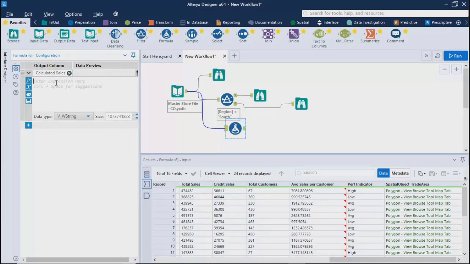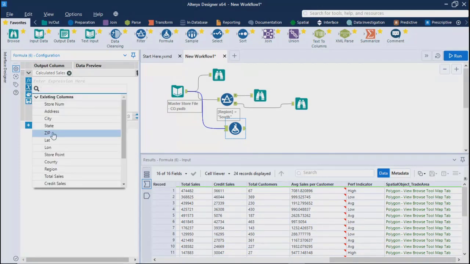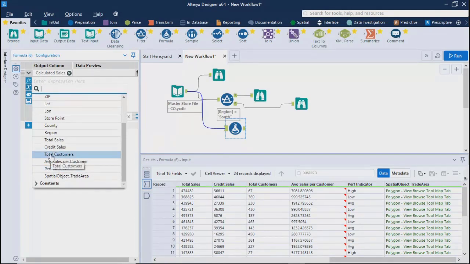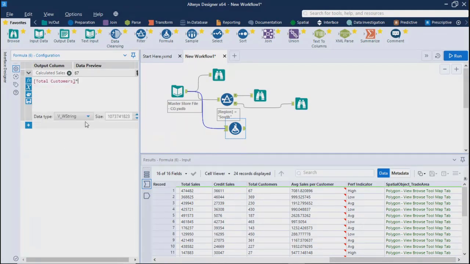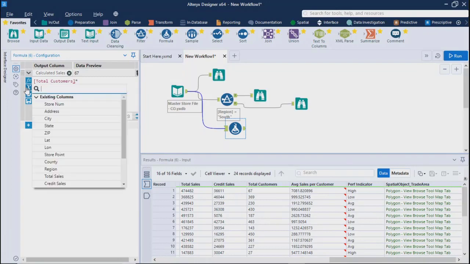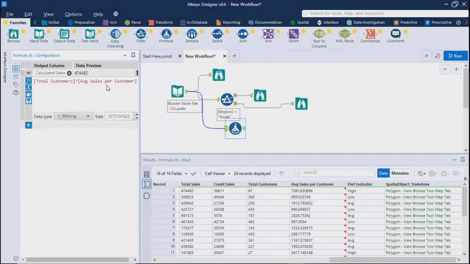Over here I will specify my columns. If you click on this capital X, you will get all the column names. So you can take it and type total customers multiplied by average sales per customer. This is the multiplication which happens for the total calculated sales.